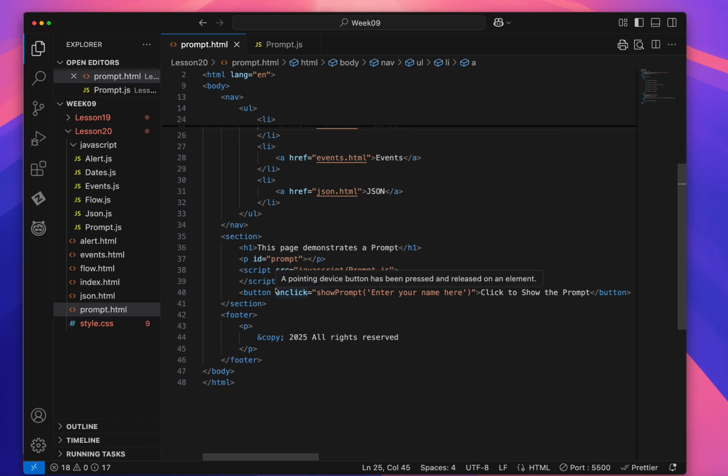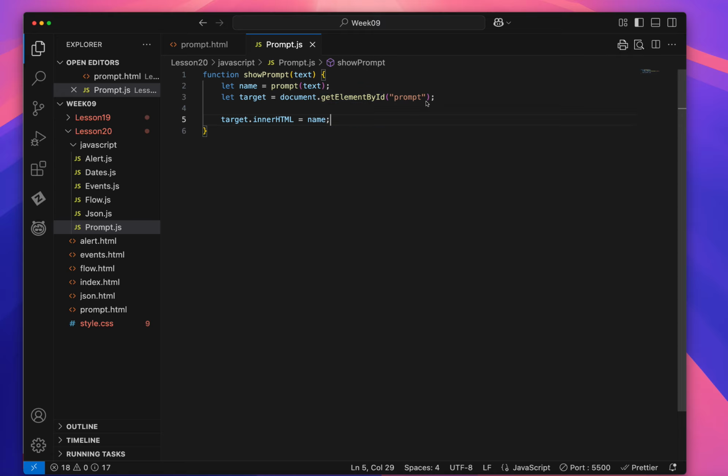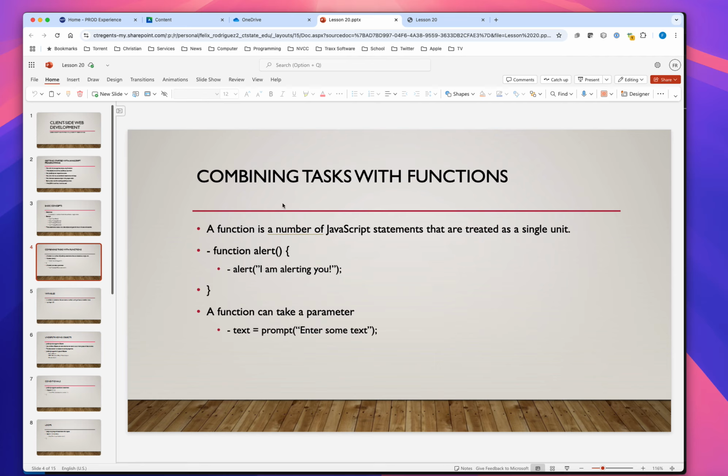Here I'm printing everything out in this paragraph tag that has an ID of prompt. So that's why I have to look up that paragraph using its ID of prompt to get a reference to it, so that then I can copy the name that I got from the prompt to the inner HTML of that paragraph element. All right. So that covers the alert, the prompt,